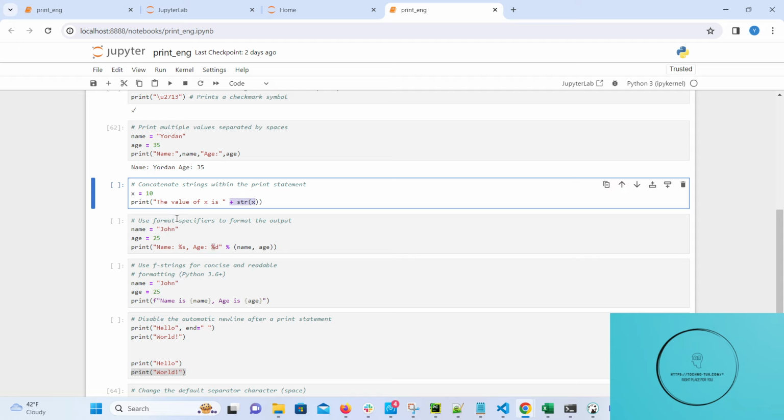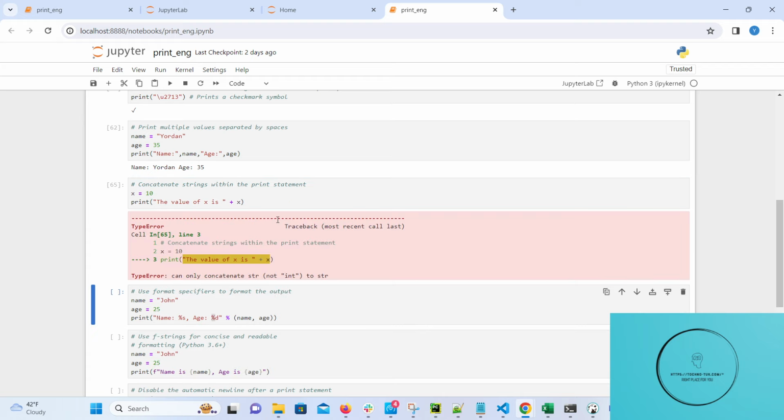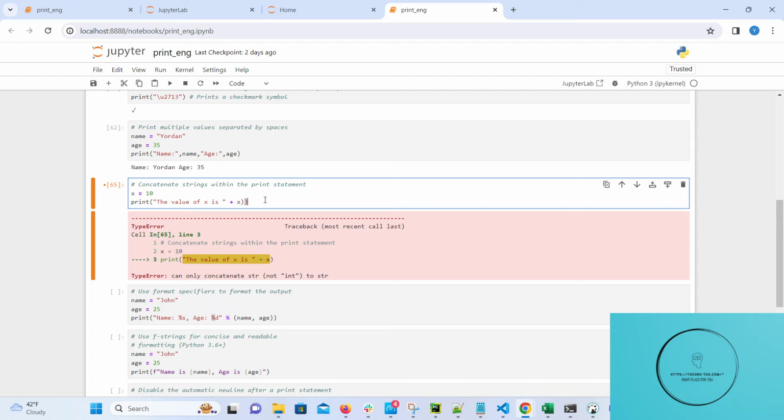Only then can we concatenate it. In other words, if I remove str, which is a function that changes the type of our value from integer to string, then what do you think will happen? We will have an error. For this reason, the important and tricky part here is to use the str function, which converts an integer value to a string.